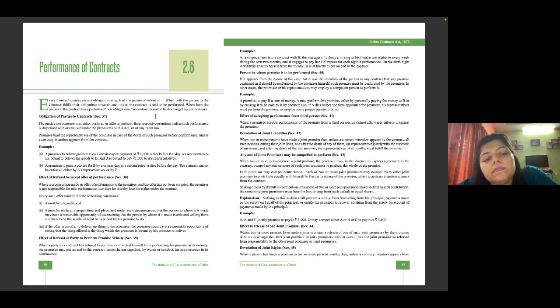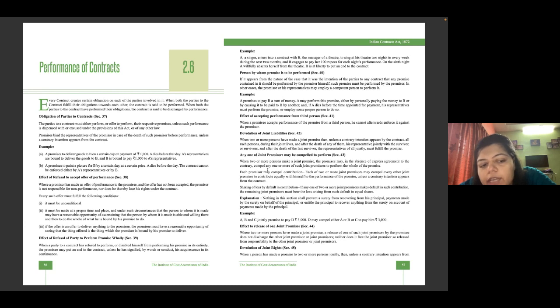Now, performance is at the very core of every contract. Without performance, there can never be a contract. So that particular performance, once it is done, will give rise to any sort of compensations that can be paid at a later point of time. So in such cases, if the performance